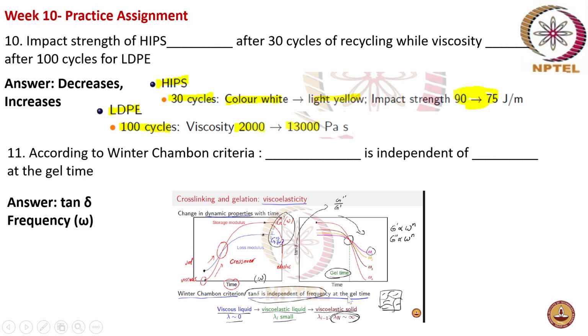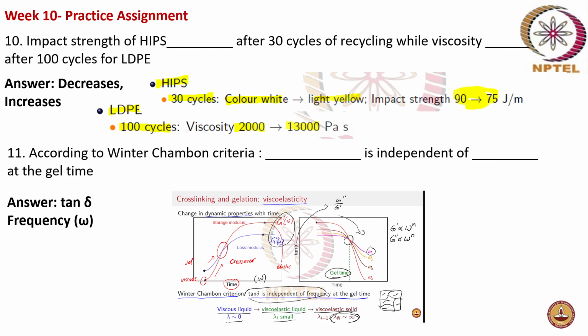Okay, so what happens during a gelation process? So the relaxation time for a viscous liquid is nearly zero. That is, there is an instantaneous relaxation, whereas for a viscoelastic liquid there is a small relaxation, and as it moves and crosses the gel point, it becomes viscoelastic solid, where the relaxation time, at least one of the relaxation time, okay, of the gel point becomes infinity or very very